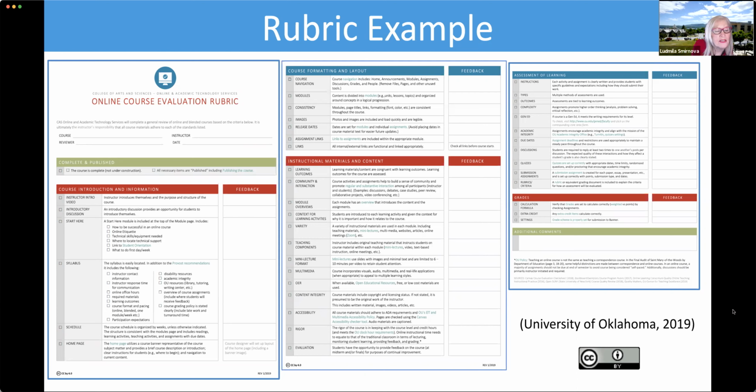Instructor introductory discussion: how the teacher introduces the course. Is there a special place or space in the course, a "Start Here" with major information about the course, and how the teacher introduces the expectations, the rules, the etiquette, and what is expected, what technical skills or any skills are expected.